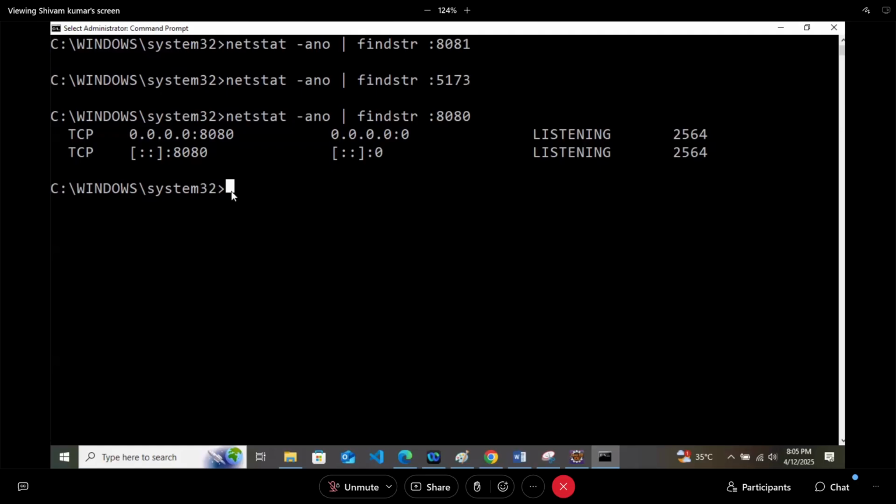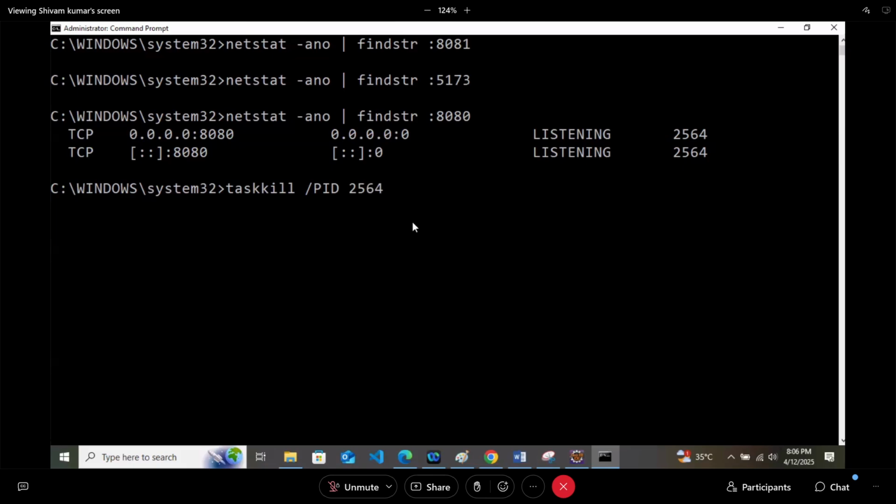Now, second command you have to type. I will say taskkill. After taskkill, you have to put a forward slash and type PID, and space, whatever PID you are getting. What PID am I getting? 2564.